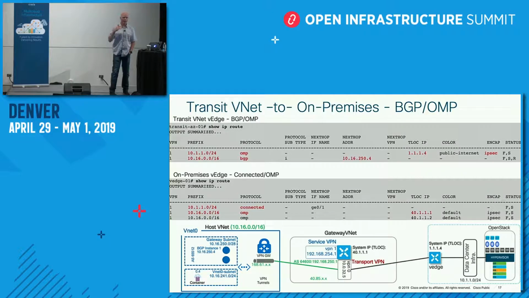Let's make sure that we know that we've got connectivity from one end of our environment, the OpenStack side, all the way through the gateway and into the public cloud side. So again, if we go up to the transit device, we're just looking at one of these, we can see that the OpenStack prefix,